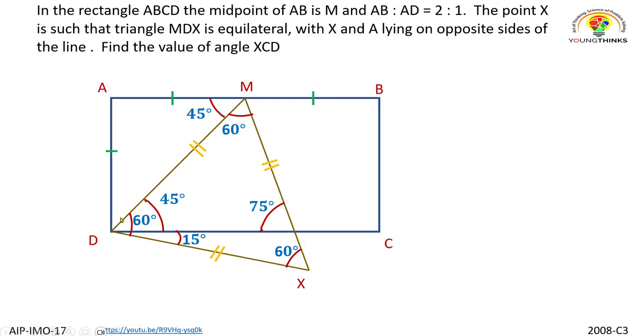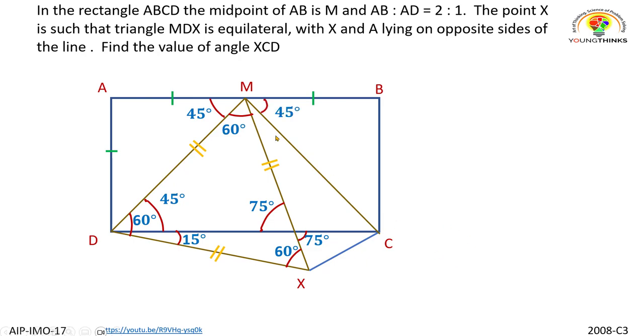Because in this triangle, M, D, at this point, 60 plus 45 makes it 105, which subtracted from 180 will give you 75. So this portion is also 75. And so if you look at this triangle, if I draw this triangle XMC, you get